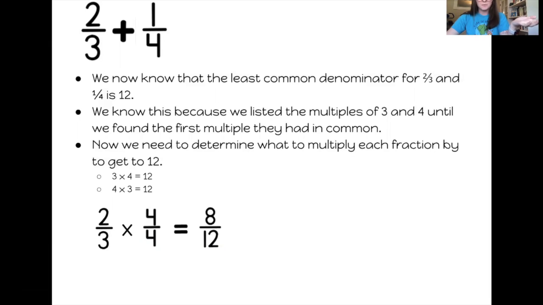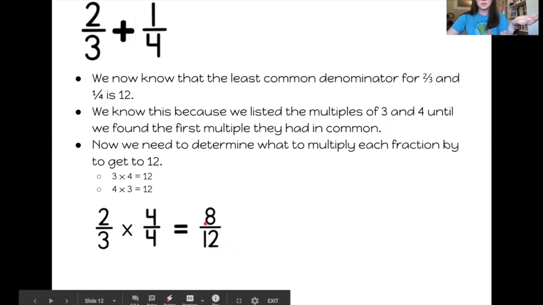1 is the same, but I'm trying to get my denominators to be equivalent to each other. So we do 4 over 4 to make them look bigger, even though they're really the same. So 2 times 4 is 8, 3 times 4 is 12, and then I'm going to take 1/4, and